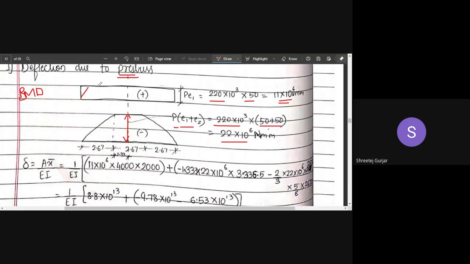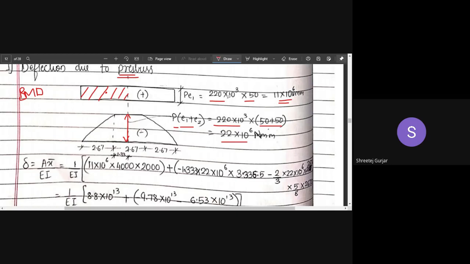Okay. So now we need to calculate the area and then multiply by the CG from the support, that is X bar. So over here is the centroid, and then this area we need, right? But remember, this part is straight, but this part is a parabola. Because the cable is parabolic over here, the same shape will come for the BMD. It is not a triangle. It is a parabola. Okay, so calculation of this area is a bit tricky.